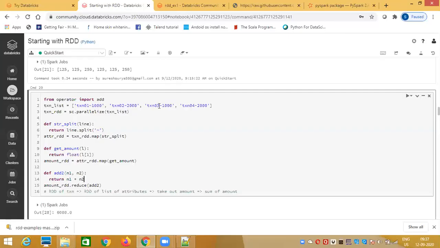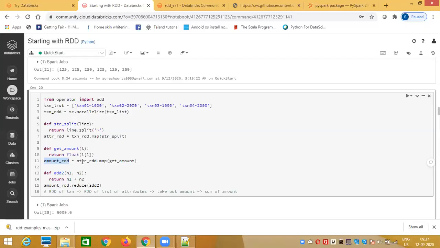No. When you output amount underscore RDD, you have a list, right? Like 100, 200, 300, and 400. After that, can you do the sum of amount underscore RDD? Still, it is having a billion amounts.